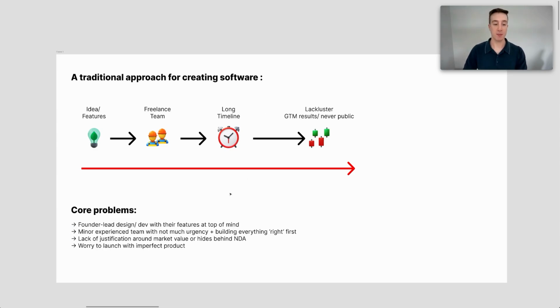And then there is usually some imperfection or perfectionism within this timeline too. So if you're working with a team and they don't get it right the first time, that can lead to a long timeline, because the perfectionist window here is screaming inside most founders to say, hey, this needs to be right the first time. And it's just leading to longer timelines, which then again leads to lackluster go-to-market results, because